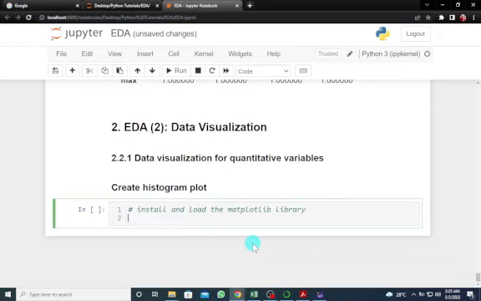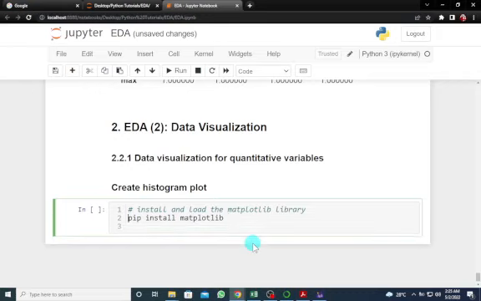So how do we install? Use the pip function, pip install matplotlib. Right, so because I've already installed this, I'm not going to run this line. I'm going to skip and just import